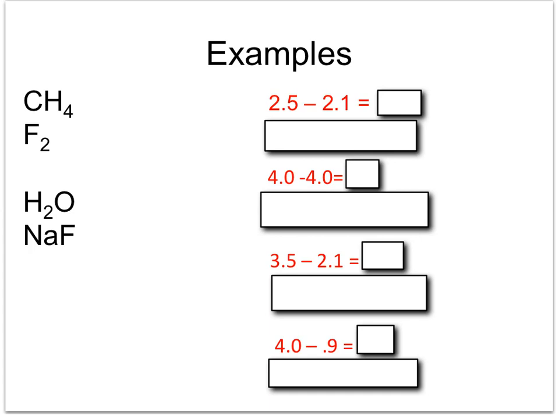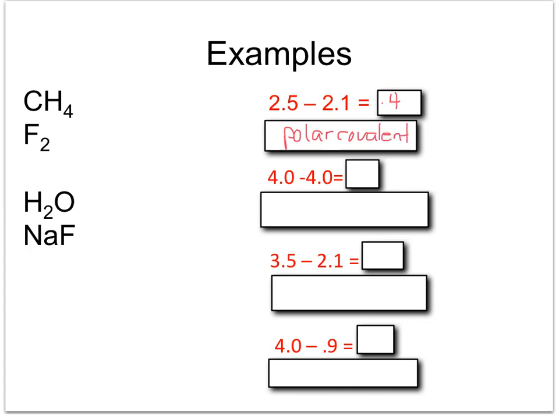The first example is CH4, methane, and we're going to look at the electronegativity values for carbon and hydrogen. It's important that we only look at the two distinctive elements within the compound to calculate the electronegativity difference. We know carbon is 2.5. We know that hydrogen is 2.1. That gives us an electronegativity difference of 0.4. And if we go to the previous slide, we look at the range. 0.4 tells us that this is a polar covalent bond between carbon and hydrogen.